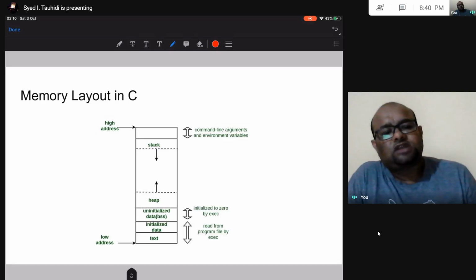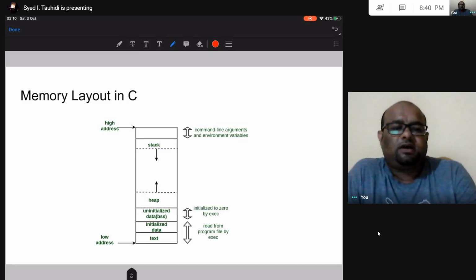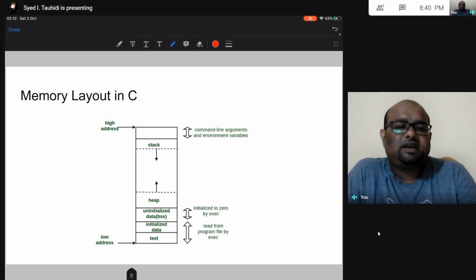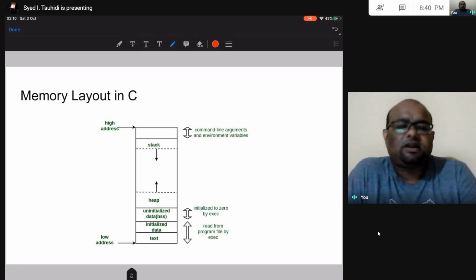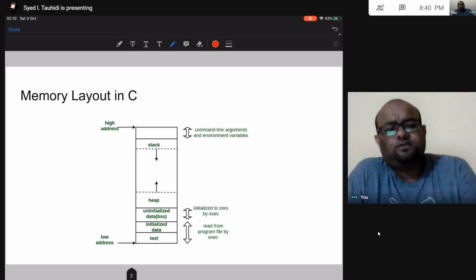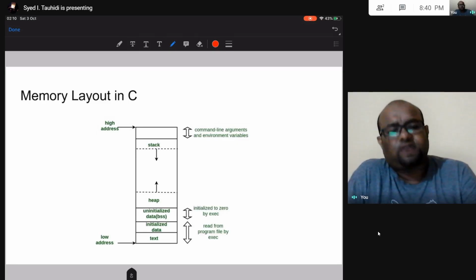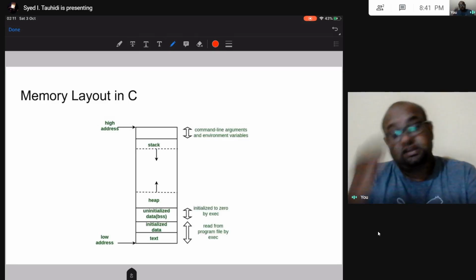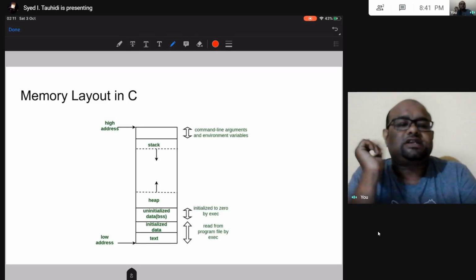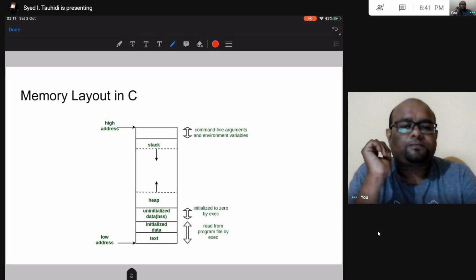So what happens is that when you write a C program, you are going to write it in a text file, and that is your source file. Your C program is going to be in some kind of file called myfile.c, for example, and then you are going to compile this source file, your text file, and your compiler is going to give you an executable file. In Windows, the executable file is most probably going to have the extension .exe,